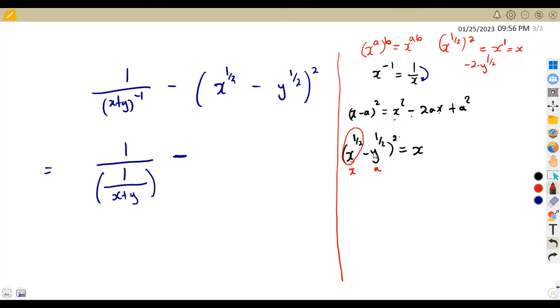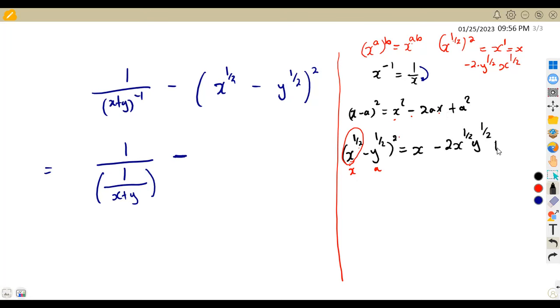Then x is represented by x to the exponent of a half, which is the same as writing minus 2x to the exponent of a half, y to the exponent of a half. You can start with x followed by y. It's one and the same thing. Okay, then we've got